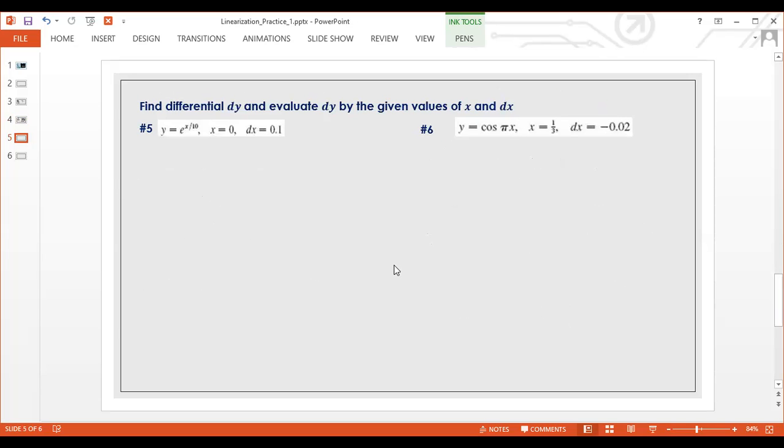Okay, now I want to find the differential and evaluate this differential at the given values of x and dx here. Okay, so this one is also pretty straightforward. So let's take a look. y equal to e to the x over 10. Then I will say dy